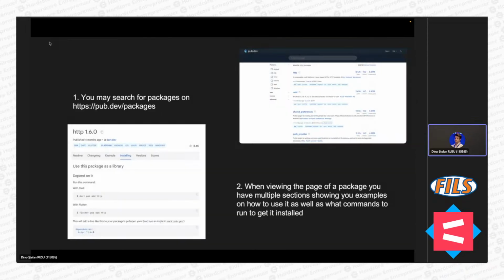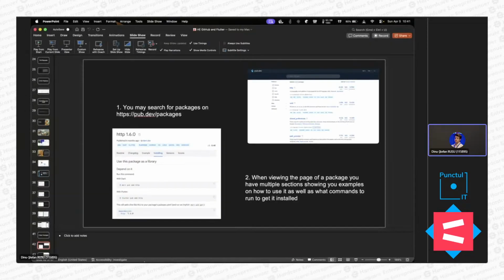A very important part in developing your application is the concept of packages. These are pre-built code, or you would use them as tools, I guess, which help you build things quicker. So in this case, if you want to connect to a backend service or to an API, you would need the HTTP package, which you can get from pub.dev/packages. So if we also open that now,